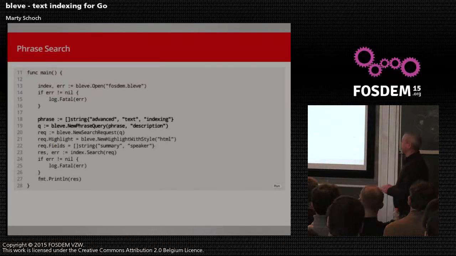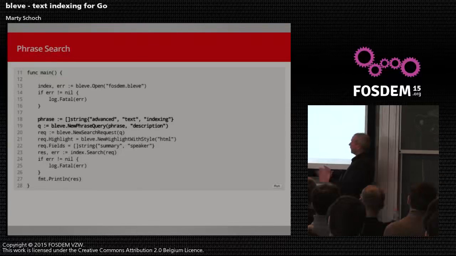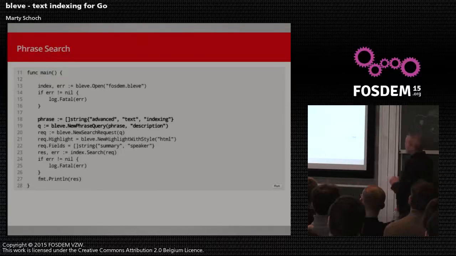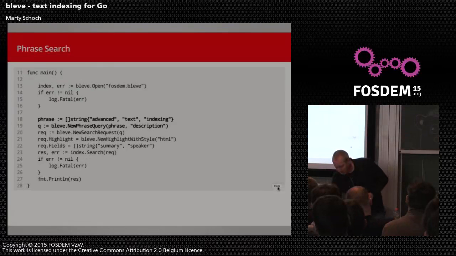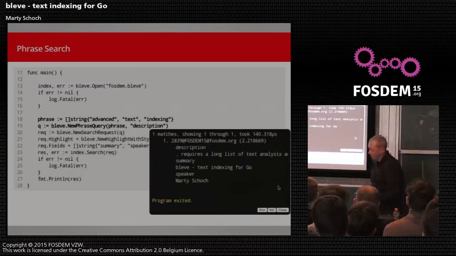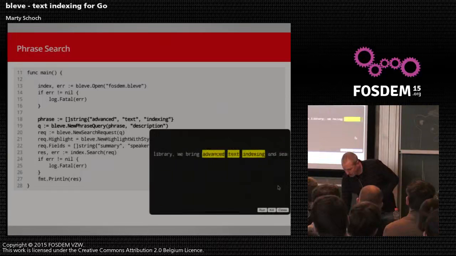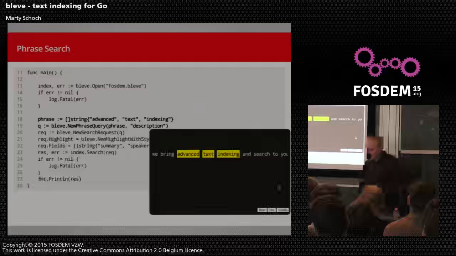Now, that was a simple term search. Let's do something a little bit more advanced called a phrase search. On line 18, I'm going to build out the phrase using an array of strings. So this is looking for the phrase advanced text indexing. And on line 19, I create this phrase query by passing in that array of terms. I'm also, in this case, restricting it to the description field. So if we run this one, this should also match the one talk that we happen to be in now. And if I scroll over here a little bit, we do see that that phrase is highlighted as well, since that was the match we're looking for.